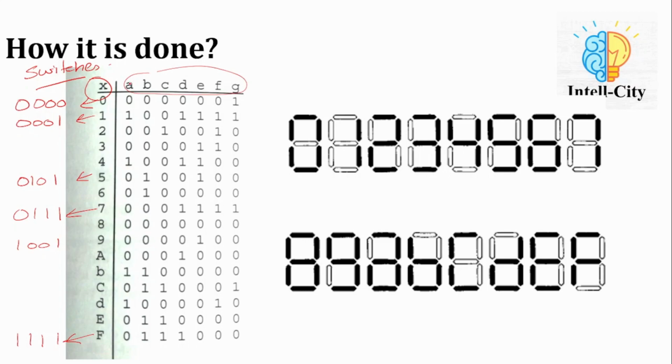So I'll just explain this to you. These are the A, B, C, D, E, F, and G. These are the LEDs which are marked over here. So to switch on this one, like for 0,